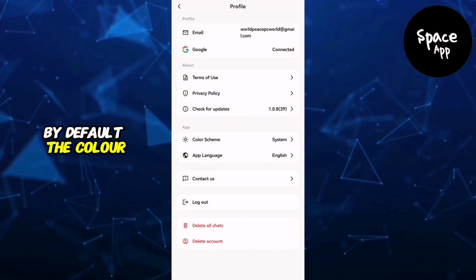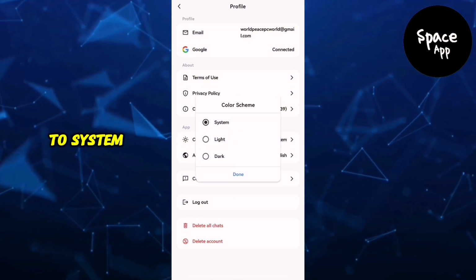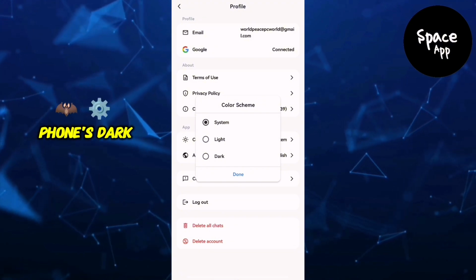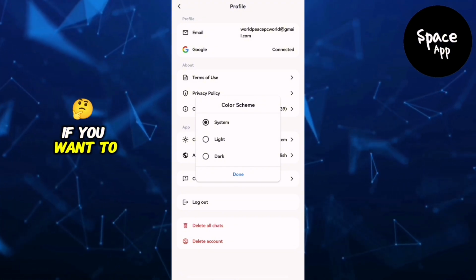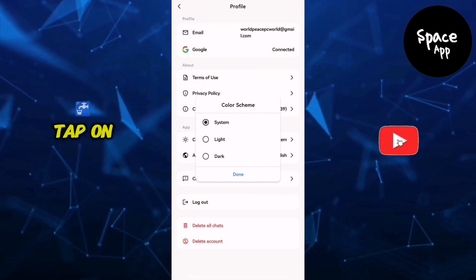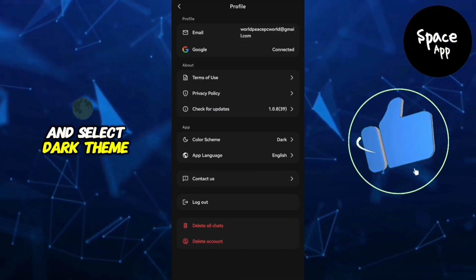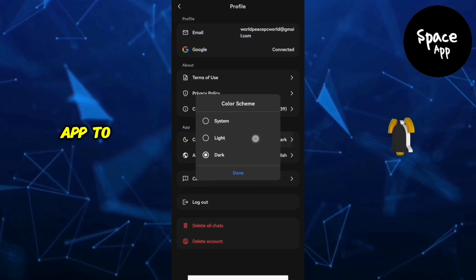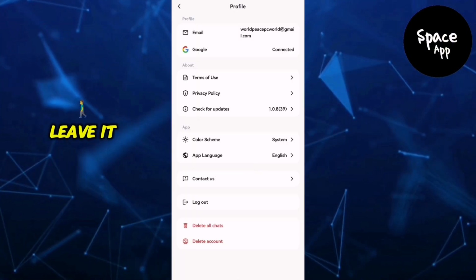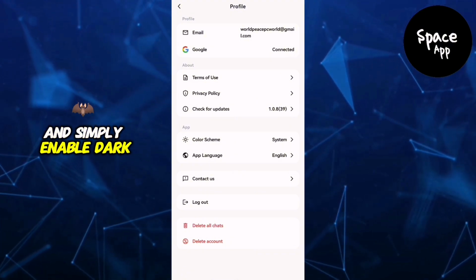By default, the color scheme may be set to System, meaning it follows your phone's dark mode settings. If you want to enable dark mode permanently, tap on this option and select Dark Theme. If you prefer the app to follow your system settings, leave it as is and simply enable dark mode on